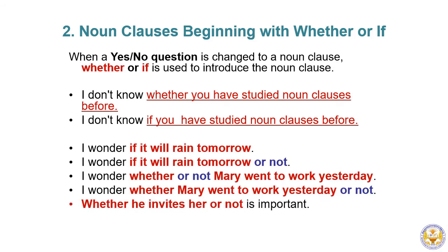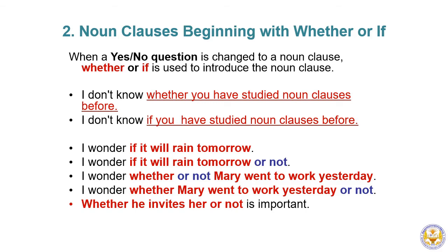The second type of noun clause is whether or if clause. The noun clause that begins with the word whether or if. We use whether or if instead of yes/no questions, or we make yes/no question into noun clause. We use the word whether or if. For example, I don't know whether you have studied noun clauses before. Actually, this noun clause